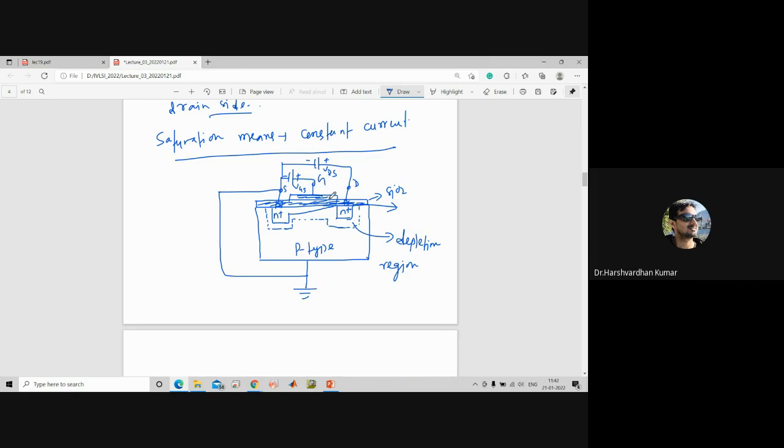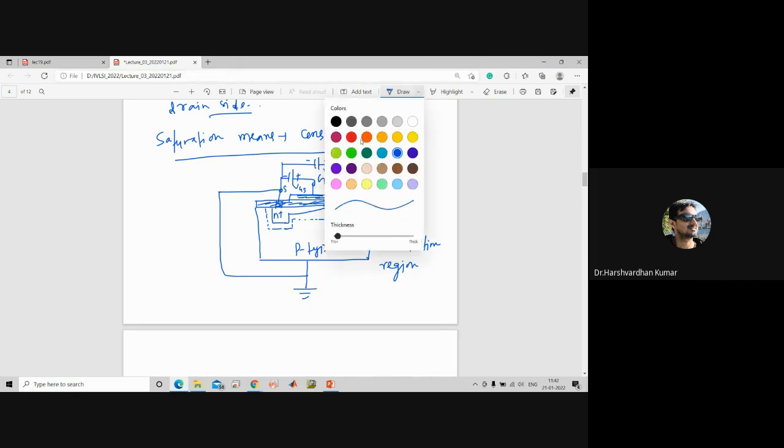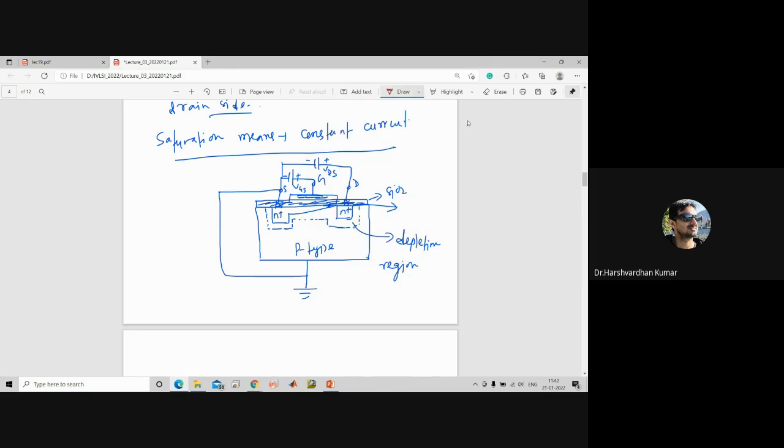Let me change the color so that you can identify. You can see shrinkage of the channel, so this is known as pinch off, right? Pinch off means when the VDS is very high,